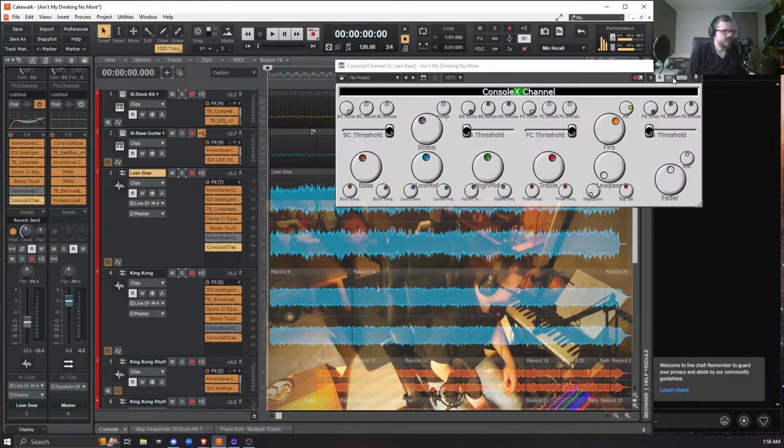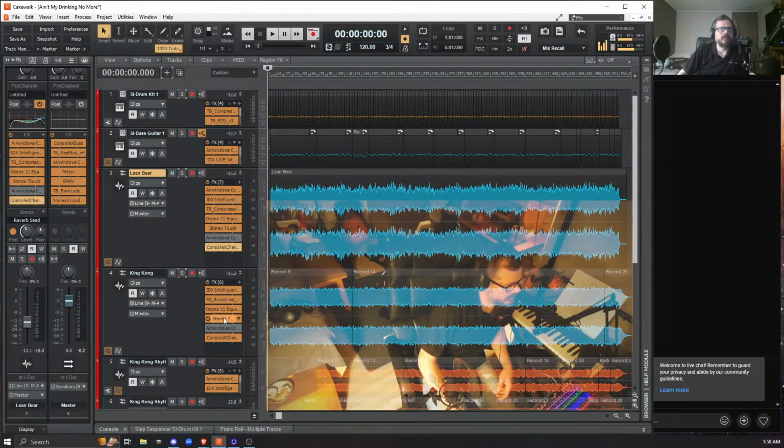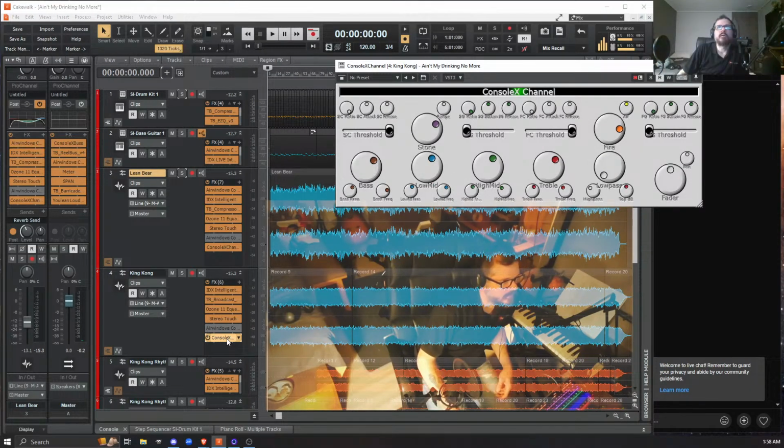I think of it in terms of redistribution, reallocation of energy. And that might make more sense here in a couple of minutes. I'm going to move on to the ConsoleX channel for